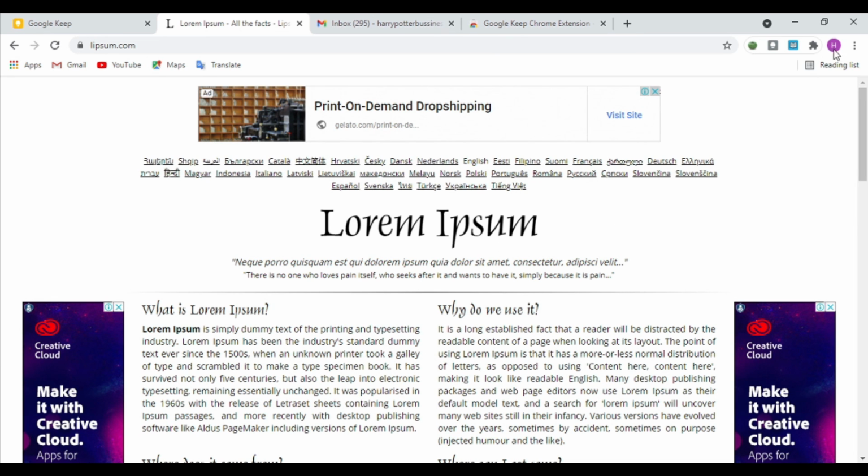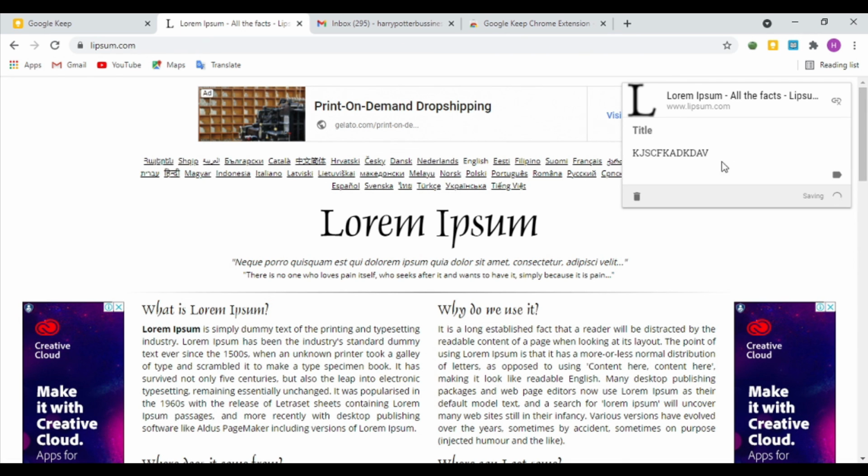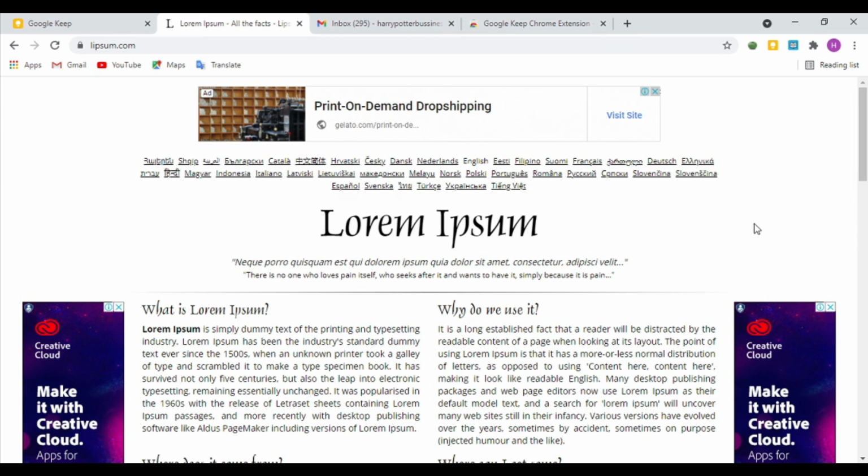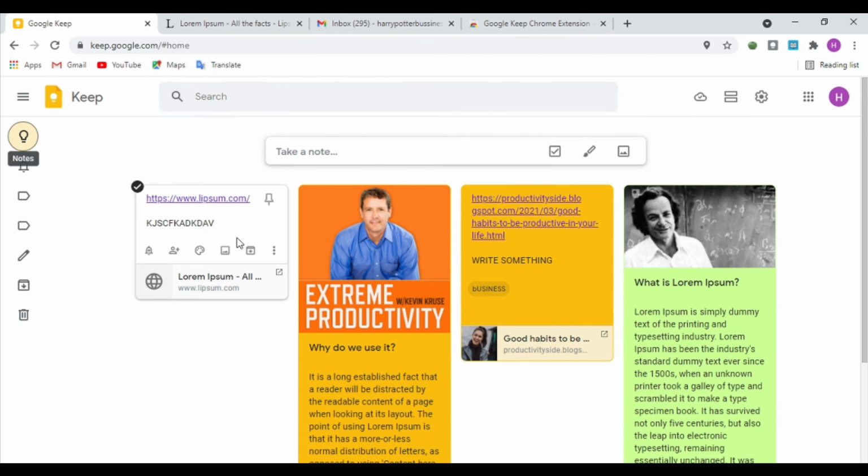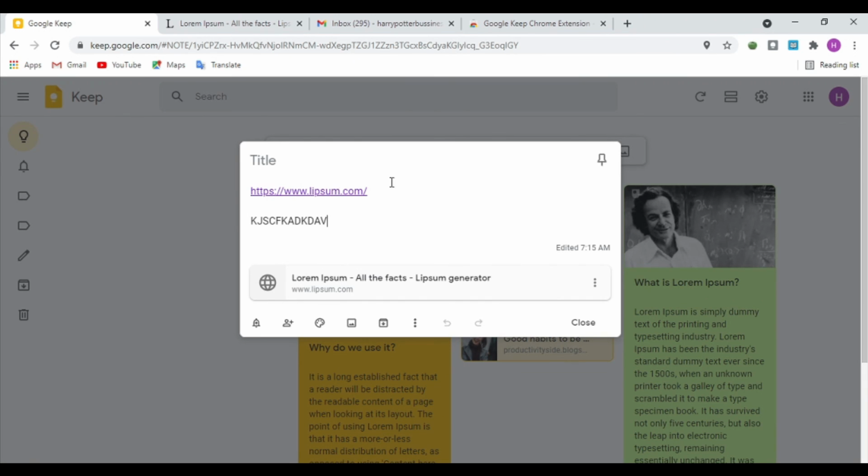So by clicking the Chrome extension tray, by clicking this save to Keep extension, you can take notes, and this will automatically save to your Google Keep account. Let's say we add something in this, and this is going to be useful, and this is the URL of this website where the note is taken.